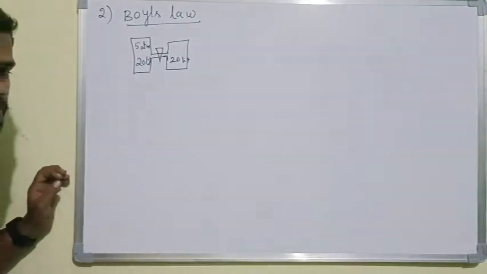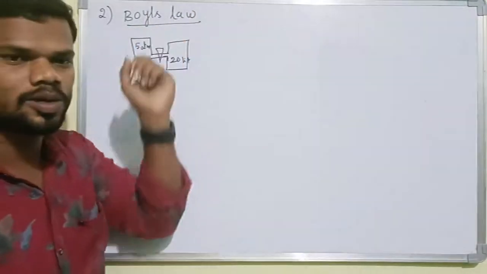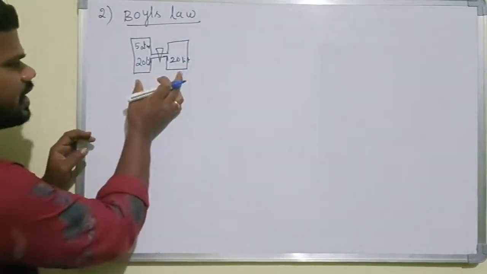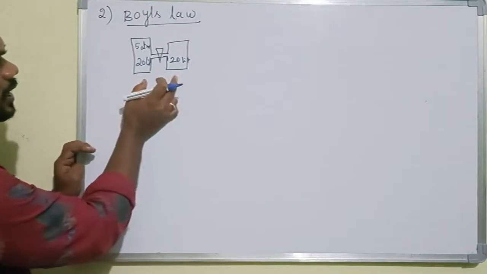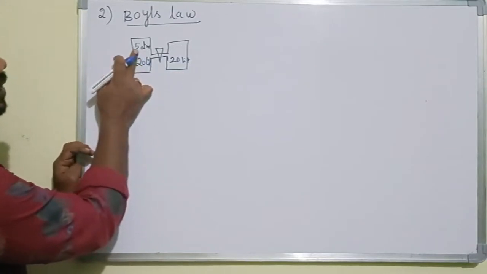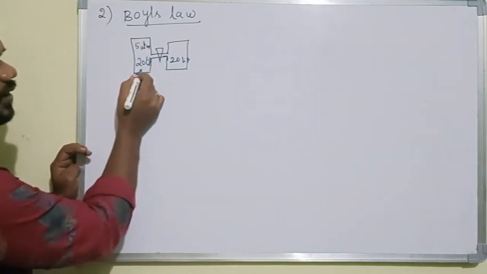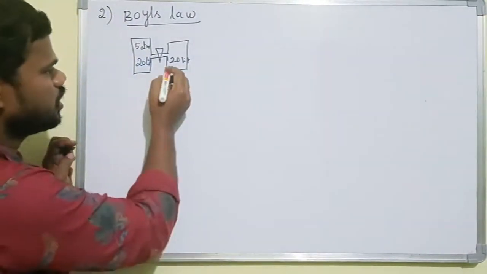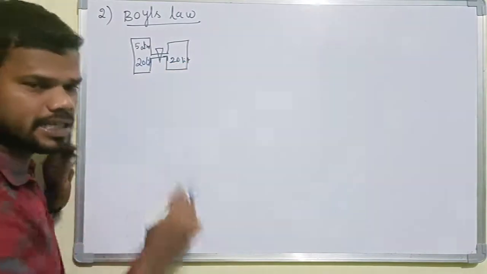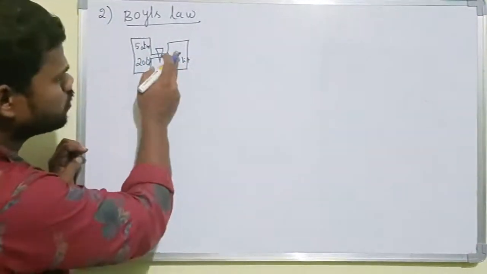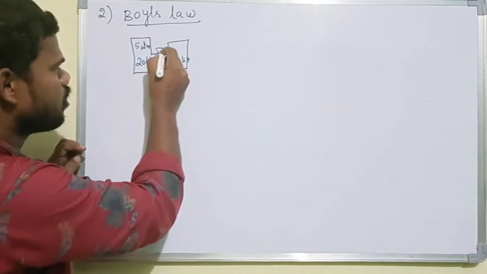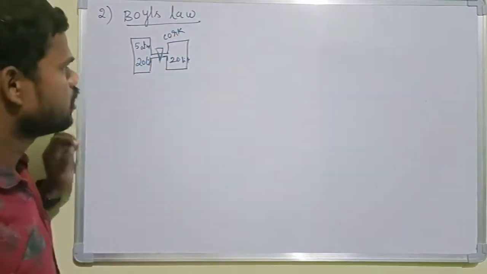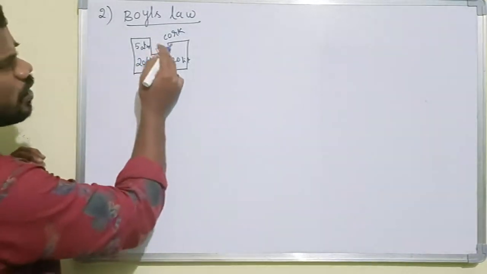So, second question, regarding Boyle's law. We have two containers. In container 1 we have a pressure of 5 atmospheres and a volume of 20 liters. In the second container we also have 20 liters of volume, and these two can be separated by a cork or separator. Right? So then when we open this cork here,